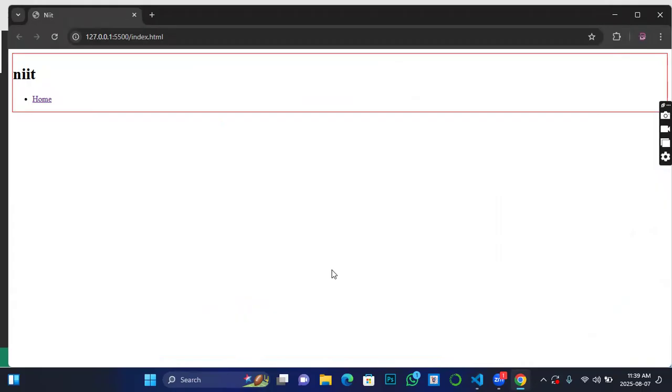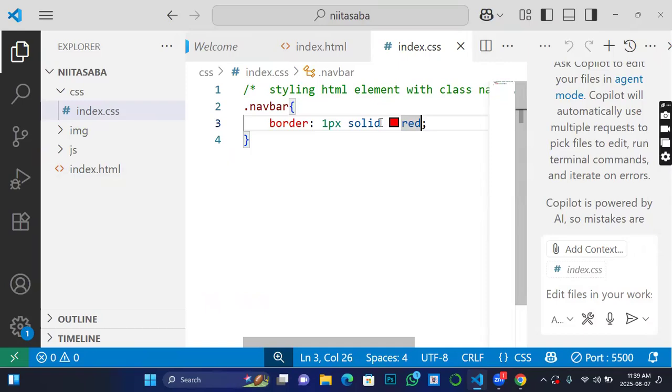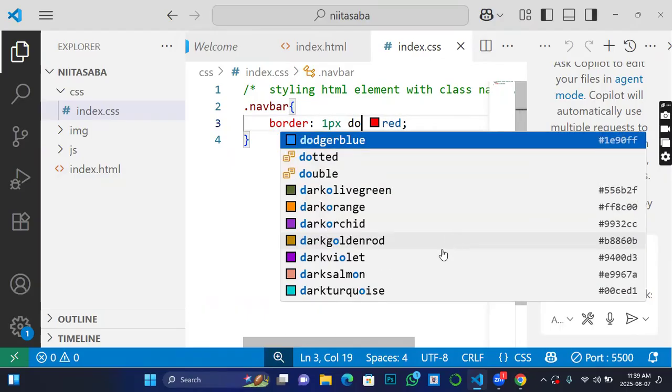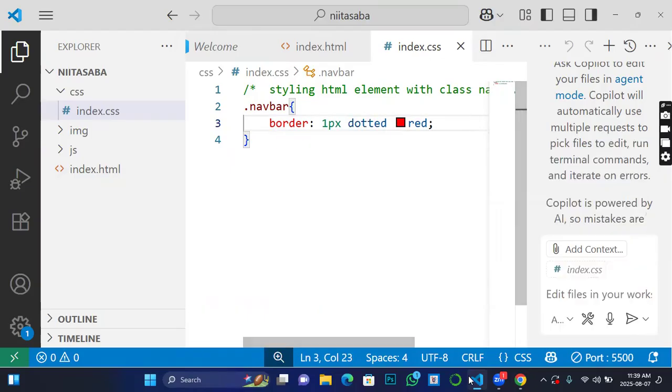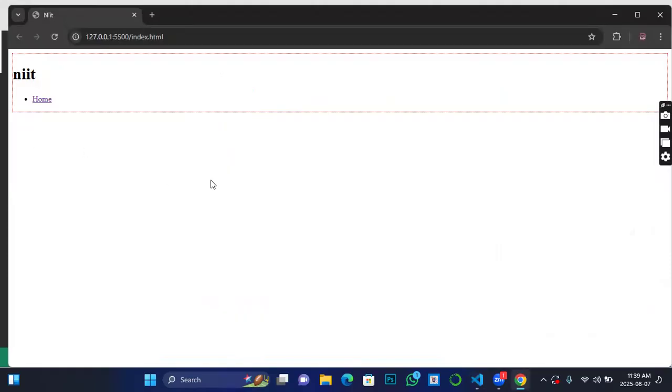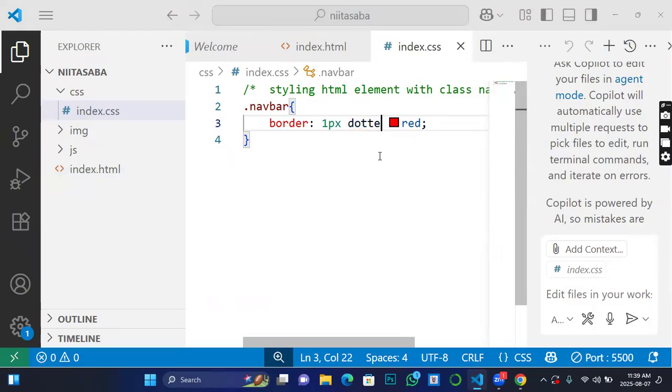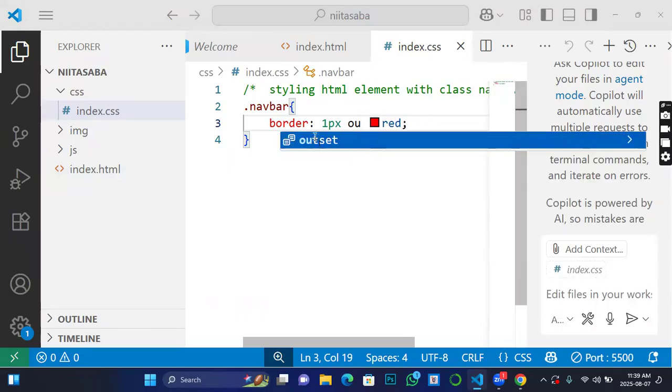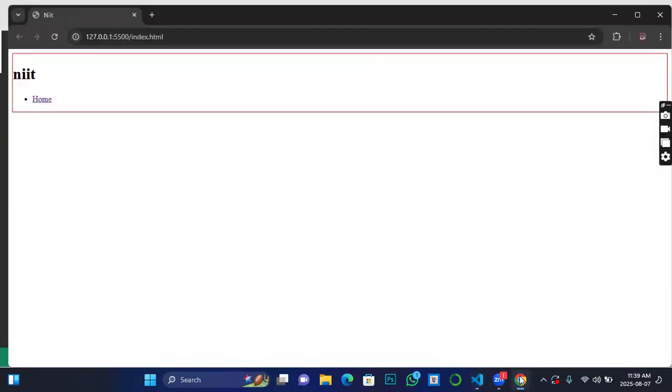Border, the thickness, the line type. So if I want a dotted line, for the sake of some of us that are yet to get to this place, you type in the place of solid, you say dotted. So if I write dotted and I go back there now, you see that I have changed the line type. So if I don't want dotted, just for us to know other lines you can use, I can say outset. Outset is a type of line. If I go there, you see that